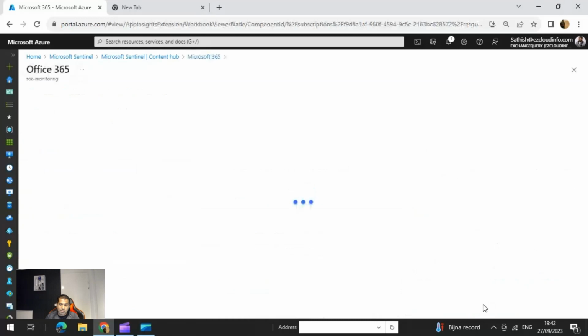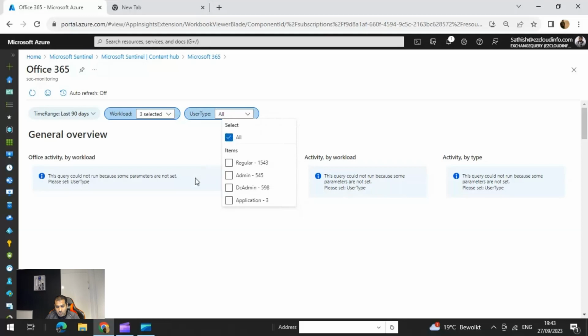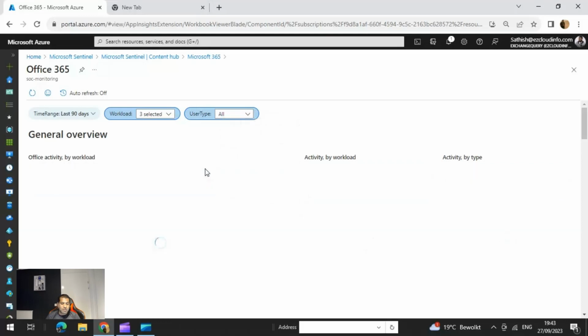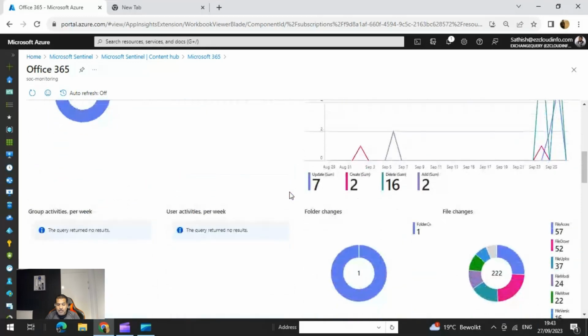When you click on view template, it shows what actions are being done on Office 365. Here I'm going to select the workload: Exchange, SharePoint, OneDrive, Teams, and then user type. I'm going to select all, and it gives me a general overview of the Office activity by workload. So what is the activity: OneDrive, SharePoint, Microsoft Teams, and then if you scroll down,